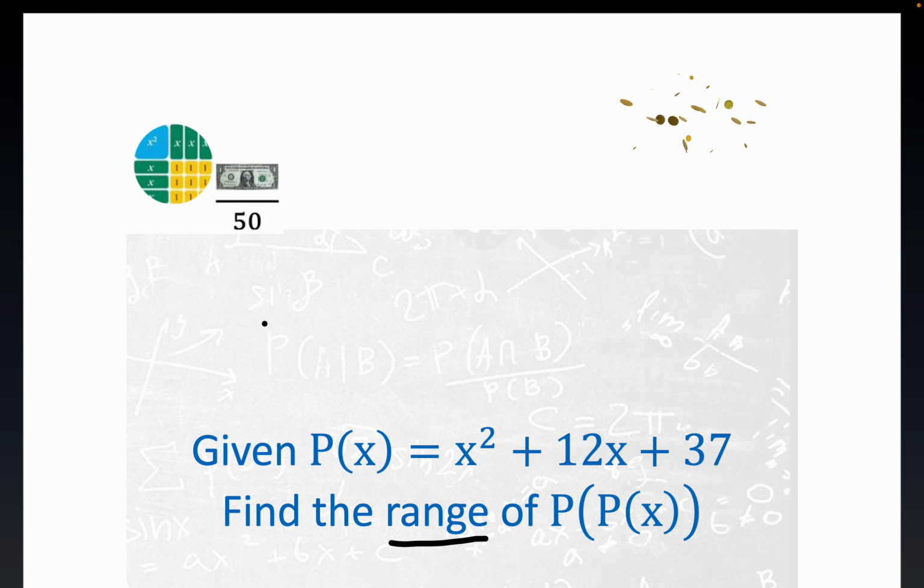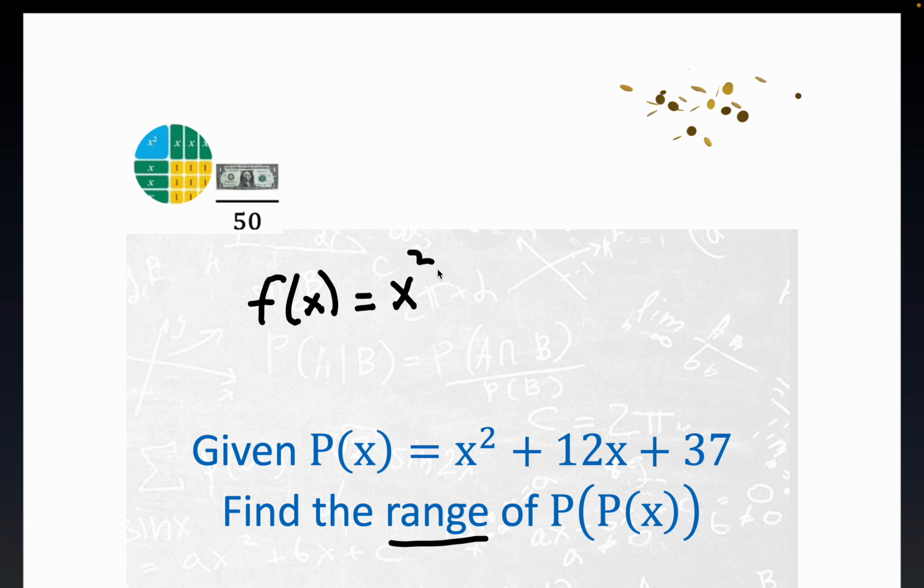Now, just a quick review of the range. Domain and range are topics that aren't particularly popular among a lot of people who don't love math. But let's just talk about this function. Let's say x squared plus 6, a simple one. The range of this function is the set of all possible y values. And you know, y is f of x, right? So you can write the range as